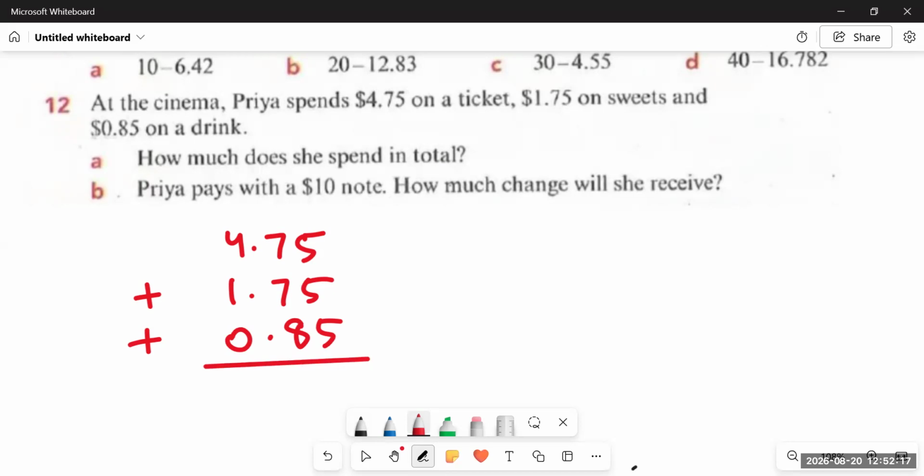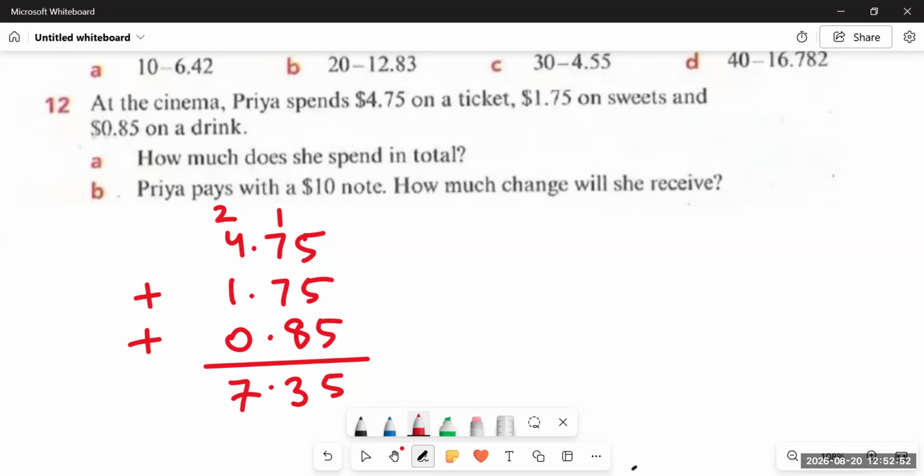5 plus 5 plus 5 is 15. Here comes 5. 1 will be carried. Then 7 plus 1 plus 8 plus 7 is 16 plus 7, 23. And then 2 plus 4 plus 1 is 7. So it means she spent $7.35 in all, on a ticket, on sweets, and on a drink. This is all she spent. Okay. And then